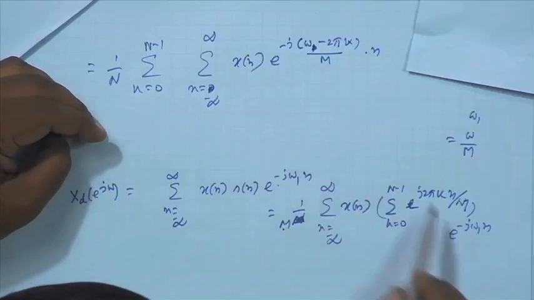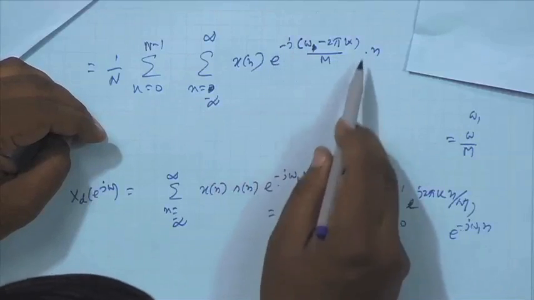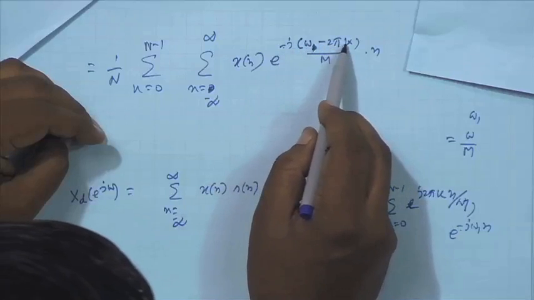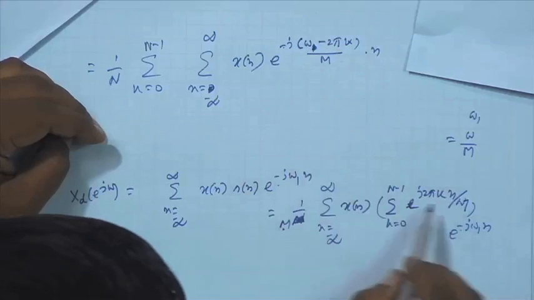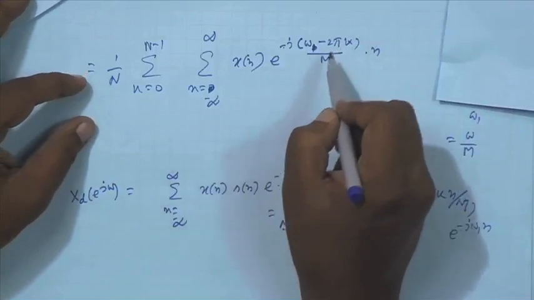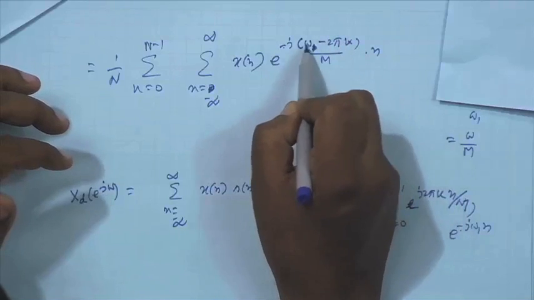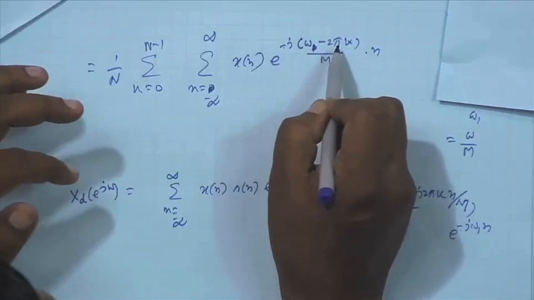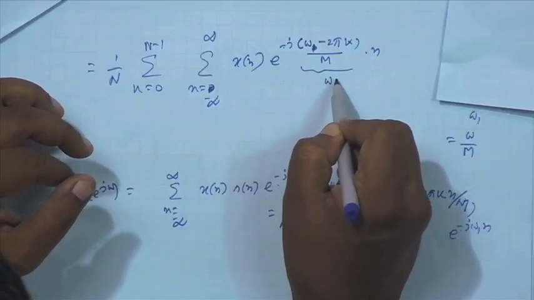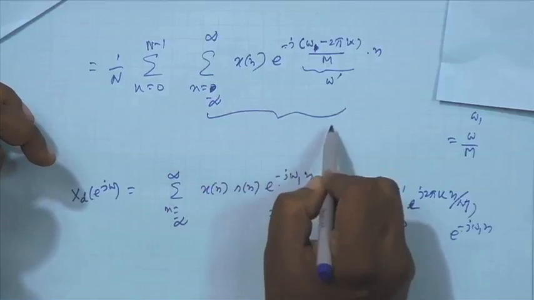Omega by M is omega 1 into n with minus e to the power minus j omega 1 n, that is present, and another term is plus j 2 pi k n by M. Now, what is this summation? Omega is radian, digital frequency, minus 2 pi into k another radian. So, omega minus 2 pi k is radian, another digital frequency, divided by M, still radian, this is another digital frequency. If you call it omega prime,